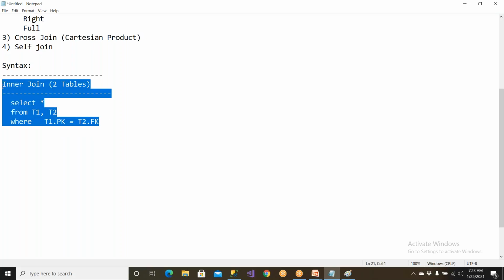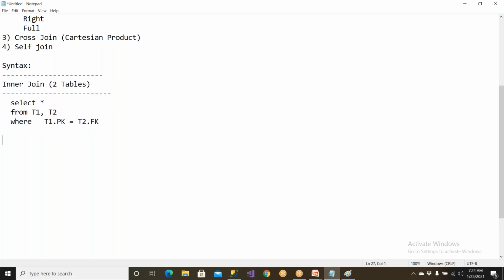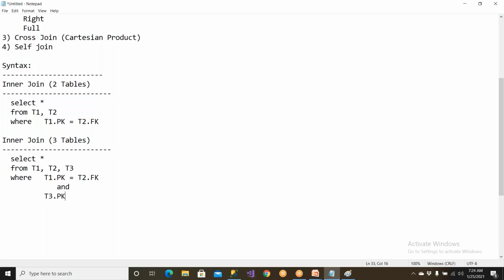But if you wanted to join three tables, you need to write like this: inner join three tables. T1 comma T2 comma T3. So this and this is joined with the help of this expression. This is called a joining predicate, joining expression, or joining condition. Okay, how do you join these two tables? Based on this condition. But how is this third table joined? That condition also you should be able to write like this: